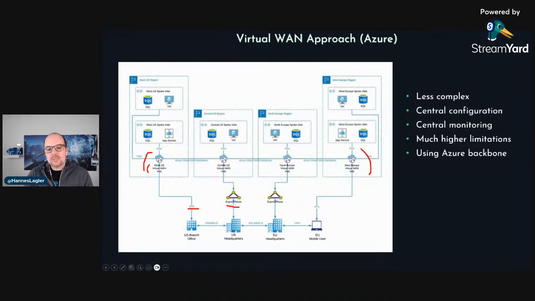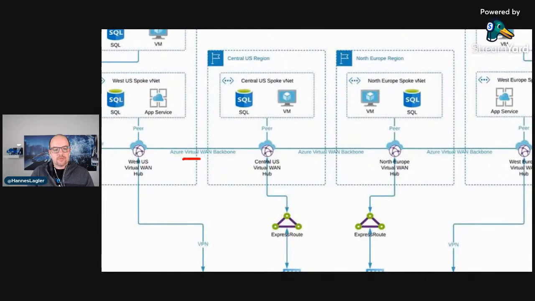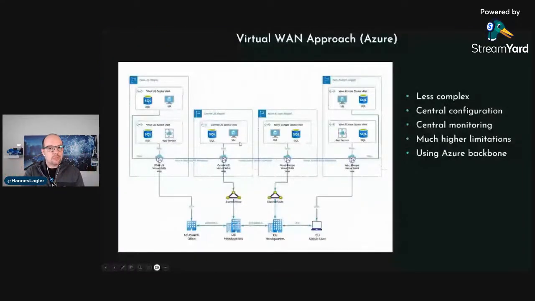And the limitation is much higher. When we think about VPN gateways, the maximum number of concurrent connections from a VPN gateway of a virtual WAN hub is 1,000. So you can use a VPN hub and connect up to 1,000 concurrent site-to-site VPN connections. And for sure, you're always using the Microsoft Azure backbone between the virtual WAN hubs. So it's really, really important. And everything in one configuration pane. This is really important.